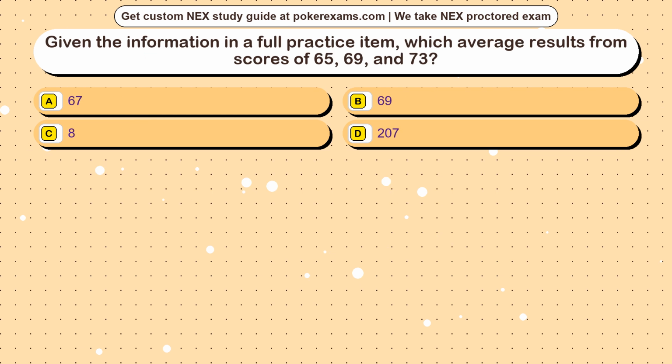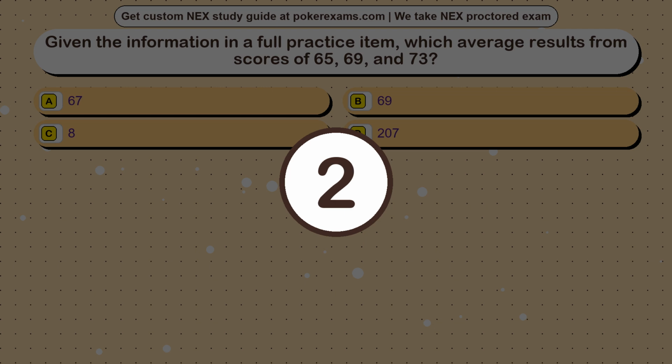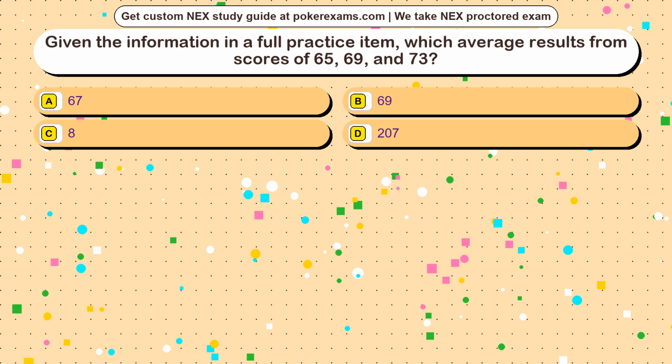Question 6. Given the information in a full practice item, which average results from scores of 65, 69, and 73? Option A, 67. Option B, 69. Option C, 8. Option D, 207. The correct answer is option